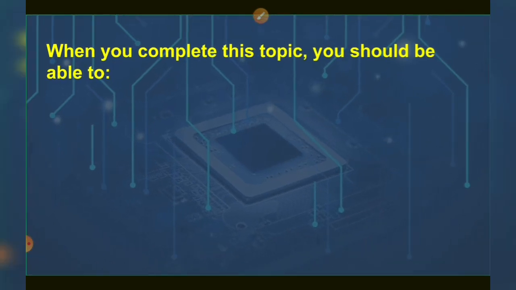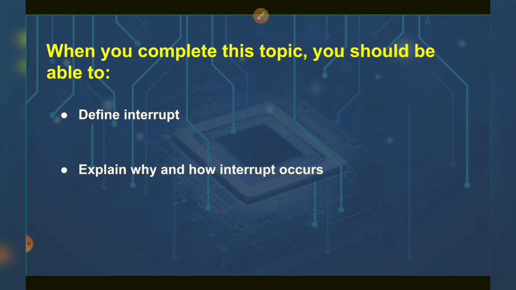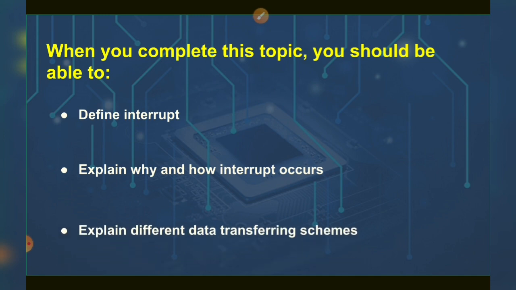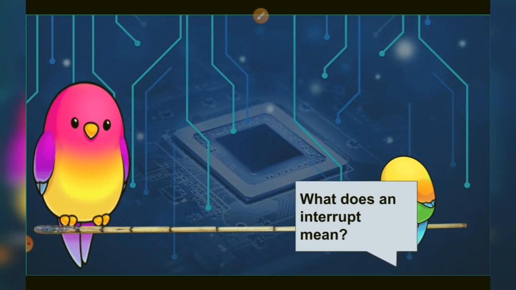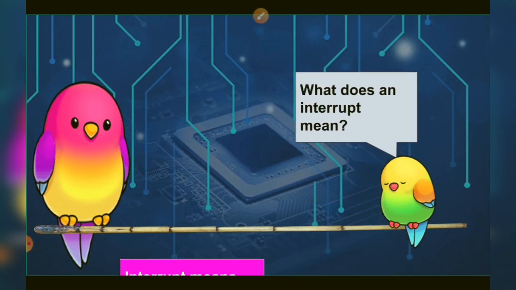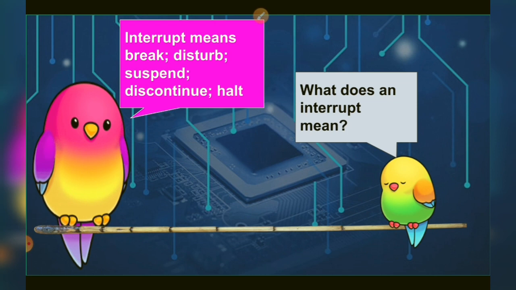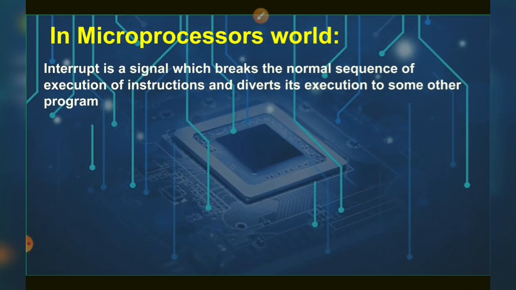So, by the end of the video, you should be able to define interrupt, explain why and how an interrupt occurs, and explain different data transferring schemes. What is the literal meaning of an interrupt then? It means a break, some disturbance, discontinuity, or halt. In microprocessors world, it is a signal which breaks the normal sequence of execution of instructions, that is, it suspends